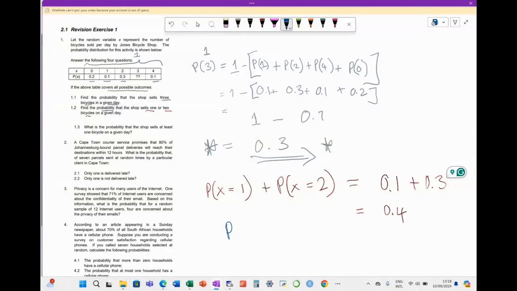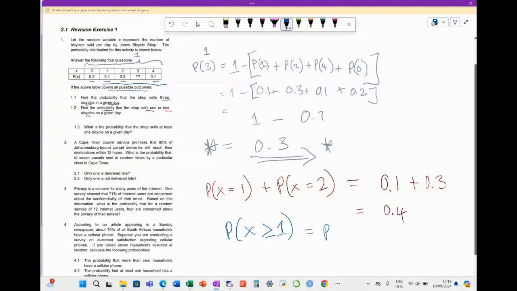I think you're definitely on the right track. Let's just see. So if we say we want to sell at least 1, what does it look like? What is x? We're saying probability of x being what? 1 or greater than 1, isn't it? So we're basically saying we want x to be any of these except for 0. Can you see that? So this is pretty much the same as saying, remember complementary probabilities? So we could say the probability,